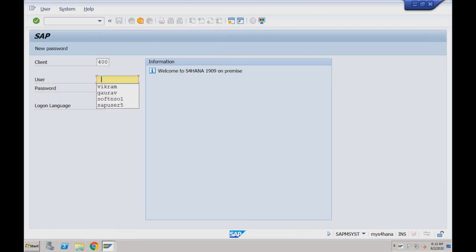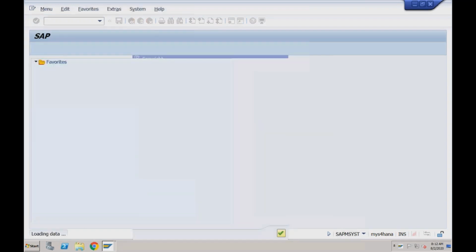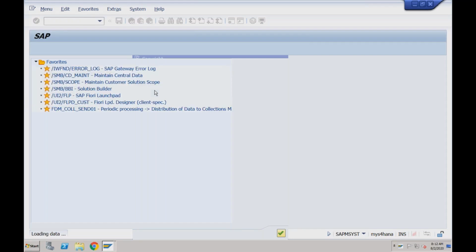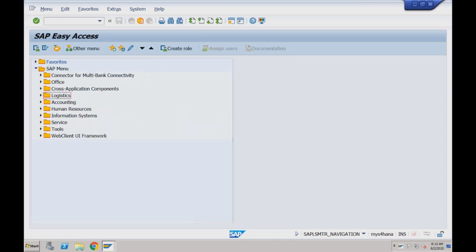Okay. Now, if I want to compare, the first comparison that you can do is if you go to SPRO or even if you go to this SAP Easy Access, you will be able to see some new functionalities which are not there in ECC. Okay, so maybe I'll just give you 1 or 2 examples. Later on, whenever we'll be talking about a particular module, so what is new in SD, what is new in FI, what is new in MM, we will talk